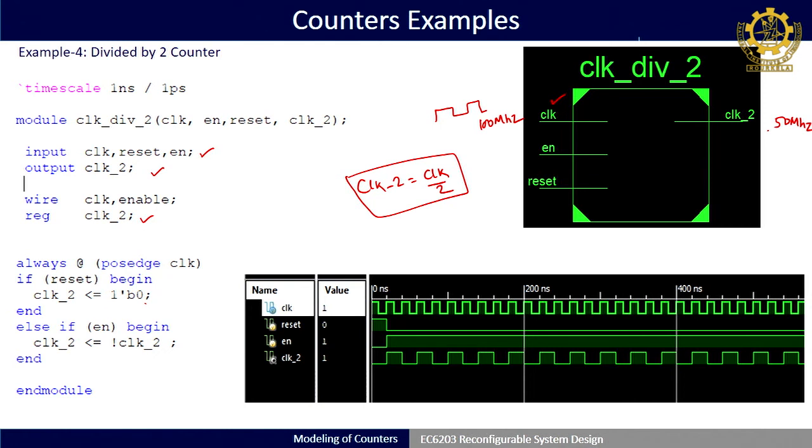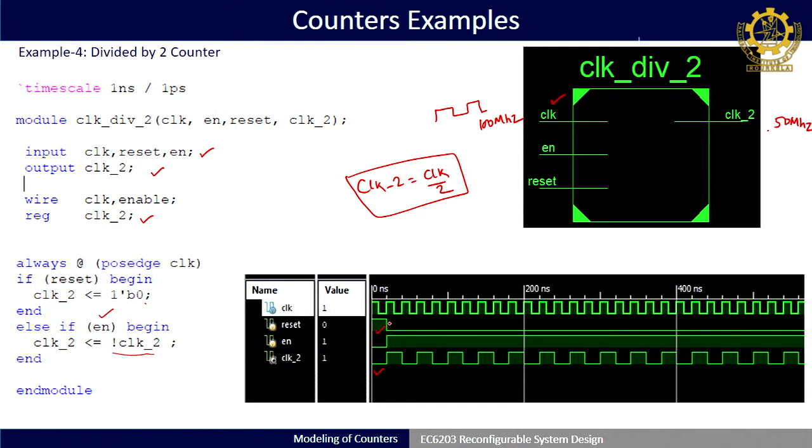Okay. So, if you see here, clock 2 is equal to 0 if reset is high and positive edge of your clock pulse is there, else if enable is high, what I am doing is I am just inverting clock 2, not of clock 2. So, just see here for more explanation: my reset is high initially, enable is also 0 and clock 2 is initially 0. When enable is high, I am just inverting my clock 2 here. Initially as it is 0, then it is inverted to 1, 0, 1, 0.